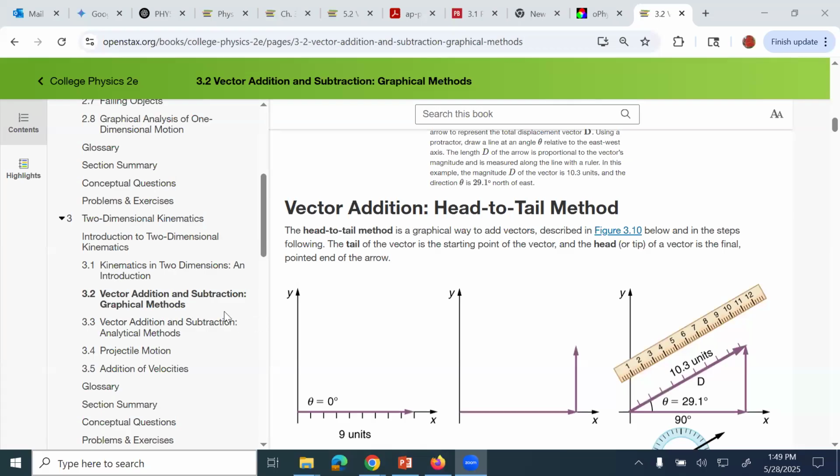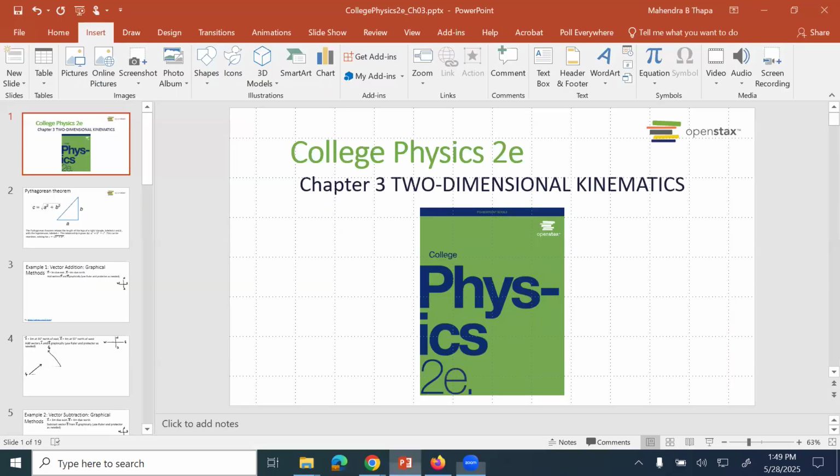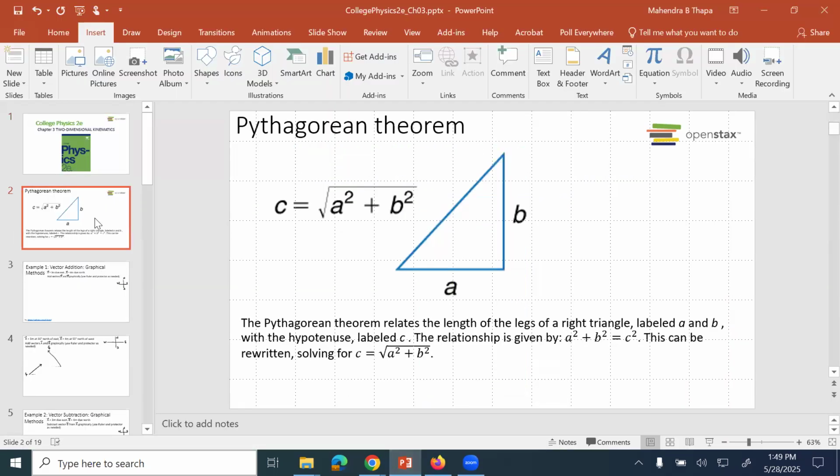We are going to add vectors by using the head and tail approach. So let's start. At first, we'll go over this theorem. So in this theorem,